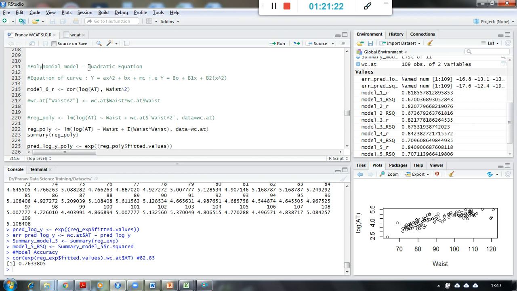A quadratic equation is nothing but the equation of a curve I am talking about, and those who are from a mathematics background know this formula, right? y equal to ax square plus bx plus c. It is going to be my equation of curve. Now there are people who will say that we don't know all these equations. So for them my answer would be: this is basic mathematics actually. A little bit of mathematics, you must try to learn.